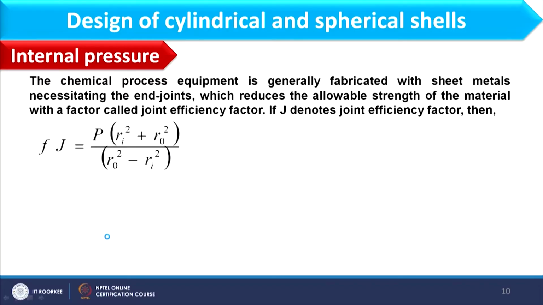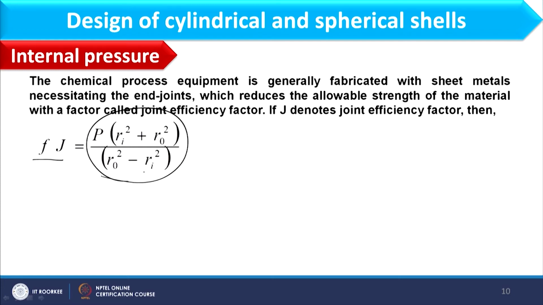And further, in the terminology lecture, we have discussed another term which is the weld joint efficiency factor. What was that? When we make any welding joint in a metal sheet, the strength of that joint will be weaker in comparison to the regular sheet. Therefore, the allowable stress that we have considered is for regular material, so that must be multiplied by the J factor to get the actual stress. Okay. Therefore, F into J we have considered over here, and the right hand expression will be the same as we have